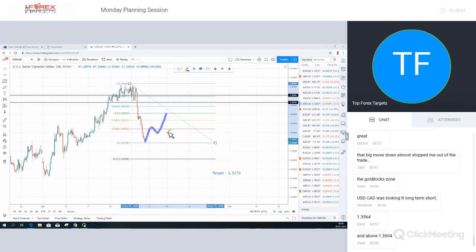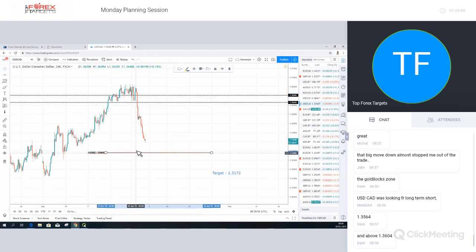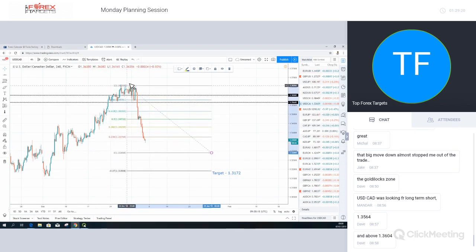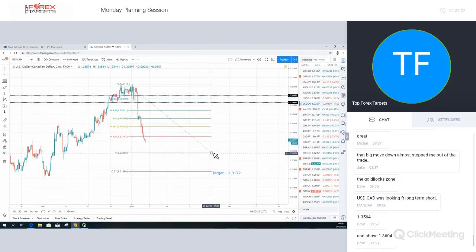For the time being, what I'd be looking for in the US dollar CAD, I've been taking it from the top here because just by eyeing it off, can you see it looks like we have everything in place for an impulse wave to the downside already. 1, deep 2, 3, very shallow 4, 5. What should we be expecting? A, B, C, and then the next move down. Whether this will be a third wave or a C wave doesn't matter too much. Because we have the 5 waves, we don't take the previous top, we take all 5 waves.